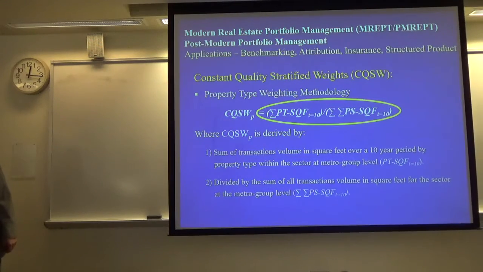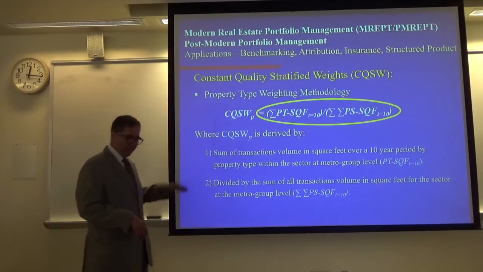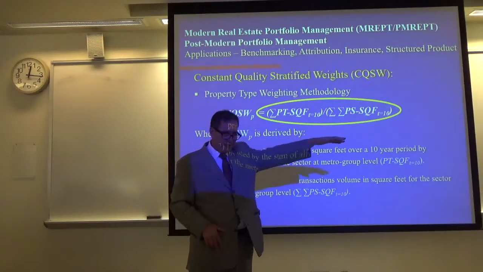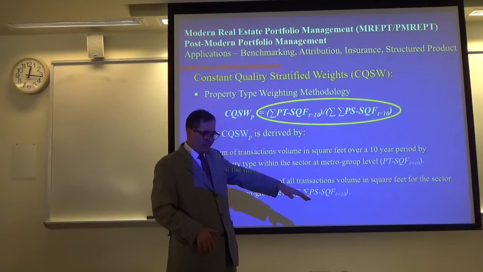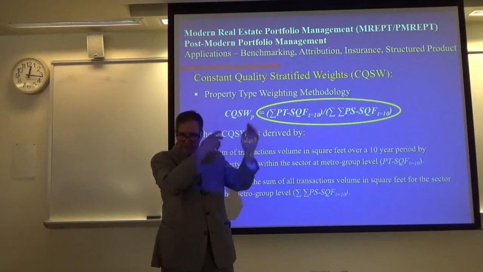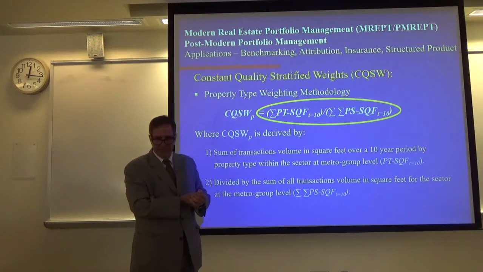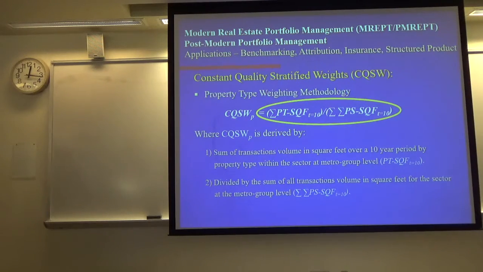And then we did the stratified weights, which we talked about before, where you add up all the square footage, let's say in industrial, class A, you do it for all of them, sum them up, divide it back, you get the weights, you get the price per square feet, calculate the weighted average price per square feet, and then multiply it by the inventory to get the aggregate value.